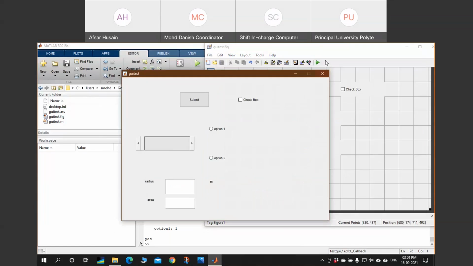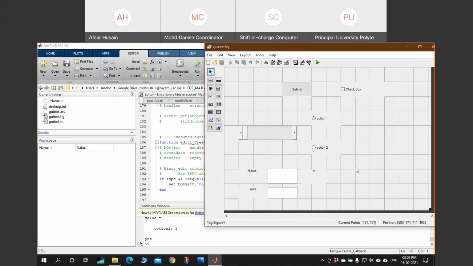Now you can see, hit the run button. You can see the newly created fields. Here the radius is, now whatever value of the radius you want to provide, just provide it and it will be written. So this is how you can get the data from the user.